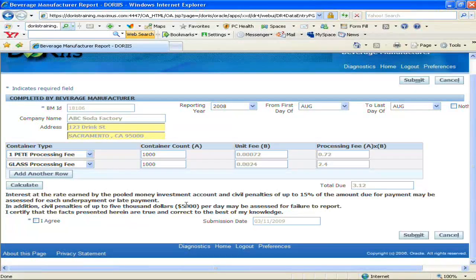So once you're done and you want to submit your report, you'll click I agree here, and this section is the same section that's on the paper reports. And this is what we really wanted to do with DORIIS, is actually take the paper reports and just move it onto online and have it easier for you. So with the PAR forms, we have the authorized signatures on there. So we use those signatures to be able to just click the I agree button, and it tells the date that it's submitted, and you click submit,